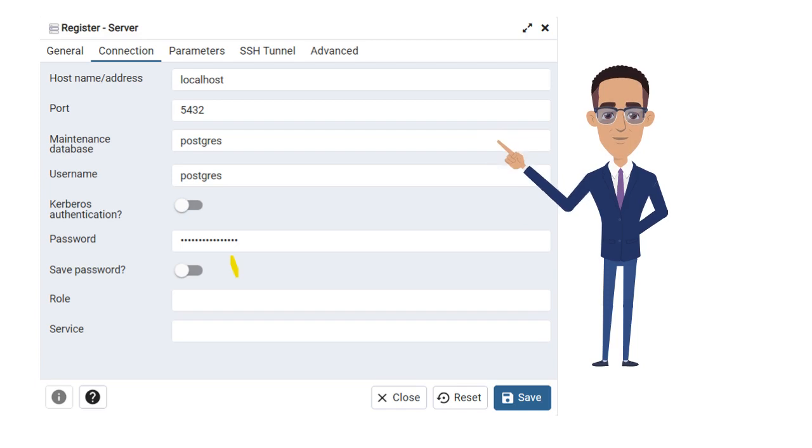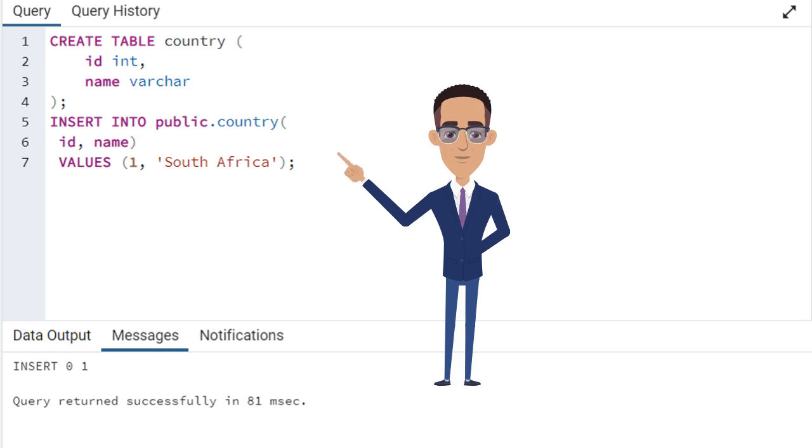First, we need to register our Postgres database under server. We need to use localhost as the hostname. Then, we need to specify the port of our Postgres database. The password to access the database is my secret password. Once all the values have been filled, next, we need to create a country table as well as the data